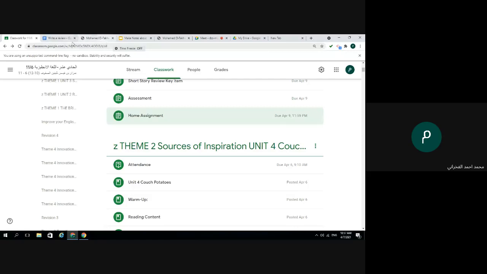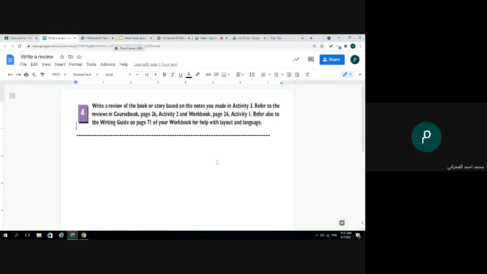Okay. Before I finish, I would like to ask, can you tell me some of the stories you read before? Have you got Oliver Twist, for example? Oliver Twist? Charles Dickens? Tarzan, Cinderella. Cinderella? Harry Potter, yes, excellent.